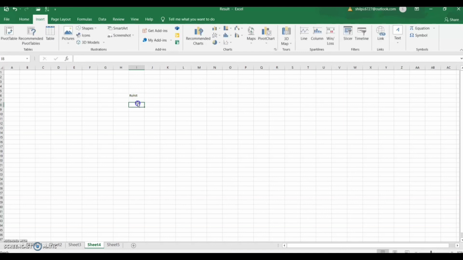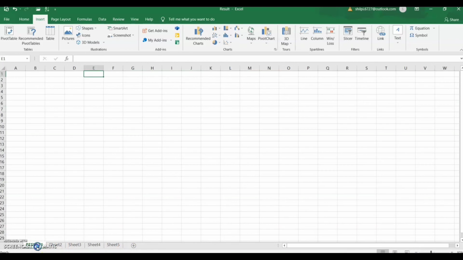Now let's understand the difference between a workbook and a worksheet. This is a workbook, and a workbook is a collection of many sheets, and each sheet is an individual sheet of the workbook. Now if you want to select a range of cells, just drag with your mouse and you can select a range. And if you want to save the file, you can go to file and save it.